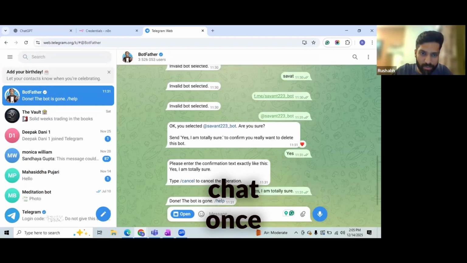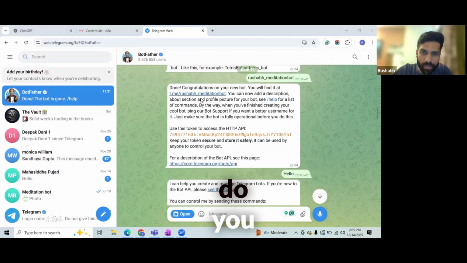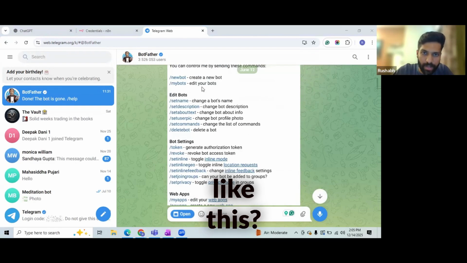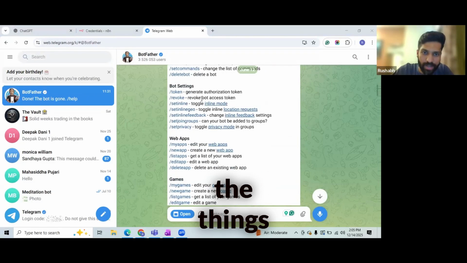and let me know once BotFather is open at your end. Put a thumbs up into the chat once your BotFather is open. Great. So now that you have opened BotFather, do you see something like this? At the very start, it will tell you all the things that it can do. So basically, what you have to do is